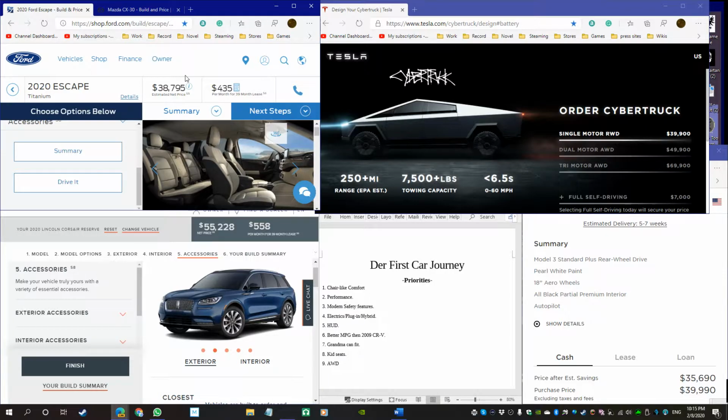So yeah, that was a lesson in what stability control is, because I'm not quite sure what it did. All I knew is I didn't like it until that moment, and then I realized it is actually a good thing to have. But anyway, it's really unfortunate that the Ford Escape Titanium doesn't have